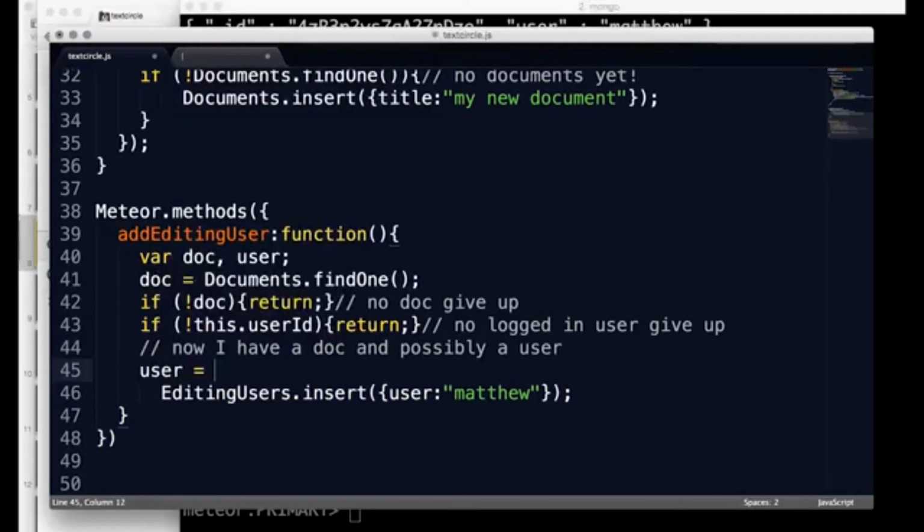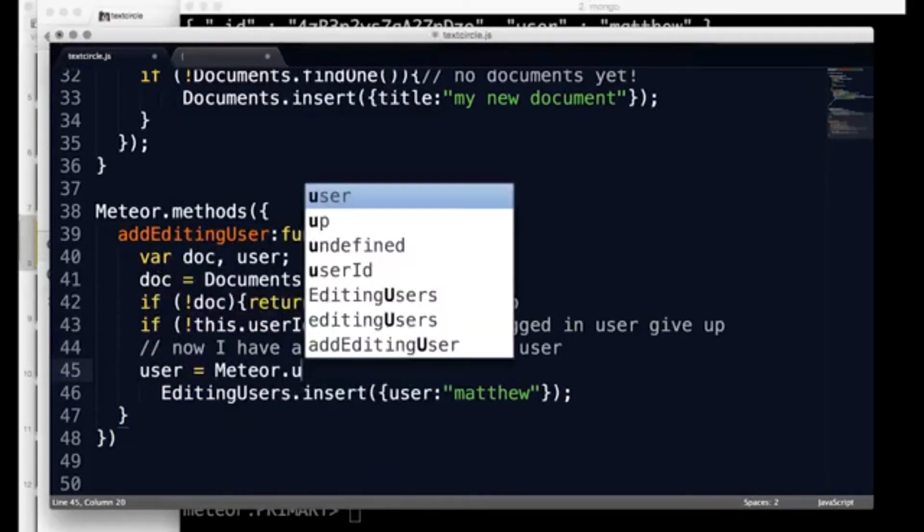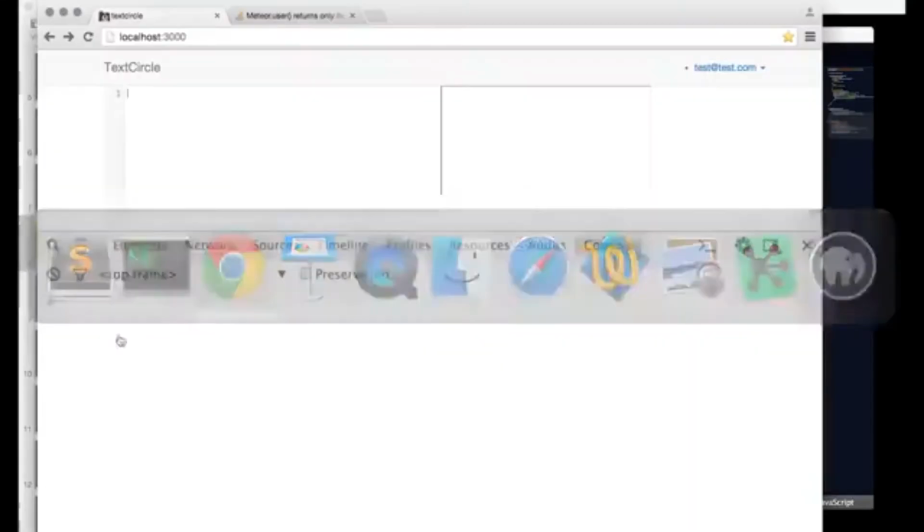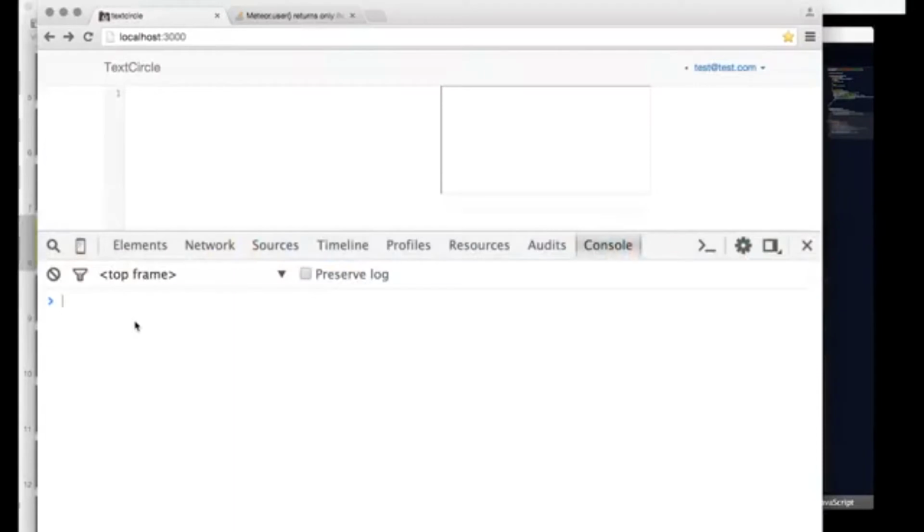So user equals Meteor.user().profile. Okay, that should give me access to the user profile, which is some information. And if we bounce into here, and I haven't made any errors, Meteor.user(),